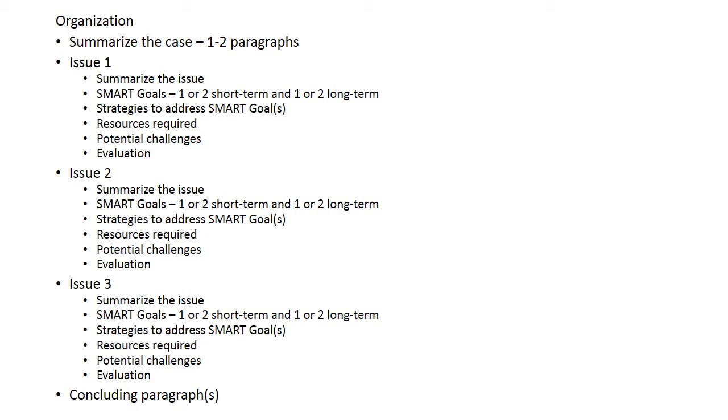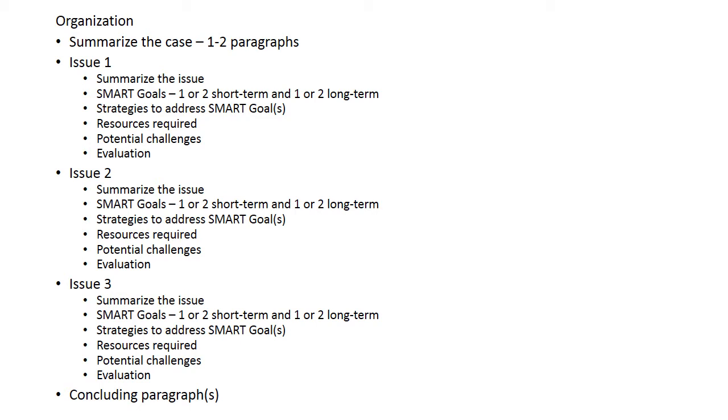So if we went back to the previous slide, you would remember that issue would be motivation of the teachers. Then you should come up with not too many, maybe 1 or 2 short-term and 1 or 2 long-term, what we call SMART goals, and we talked about this in the course, and I'll be reviewing that. Some strategies to accomplish the SMART goals, and many of you have these. You just need to think about which goals to align them with.